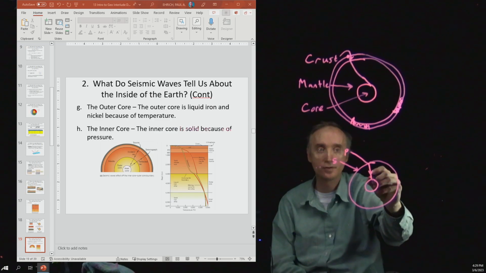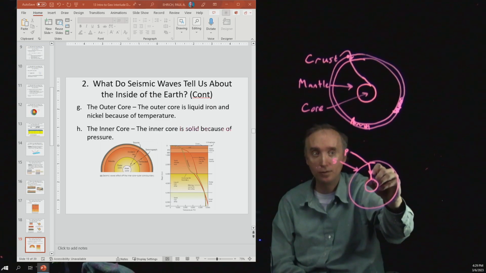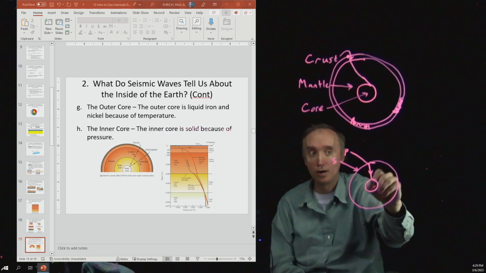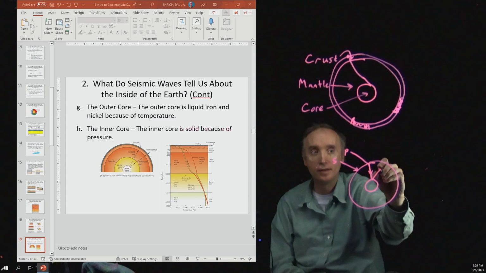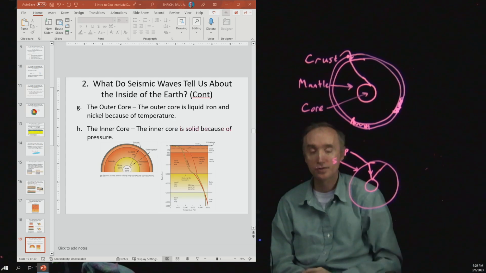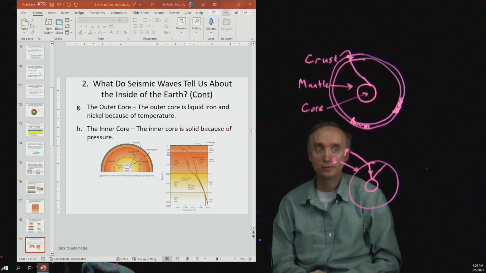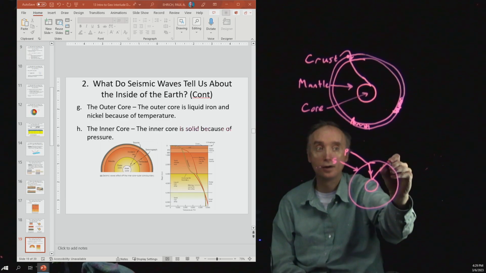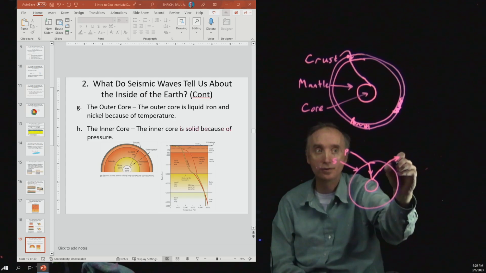So let's just say, for the sake of argument, that this P wave is going to be reflected off of the inner core. So then it's going to go off in this direction, so that this angle is the same as that angle, and then when it gets up to here, it's going to change direction one more time because it's being refracted. So then it's going to go off in, let's say, this direction,